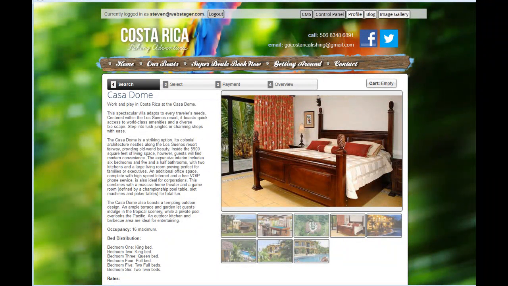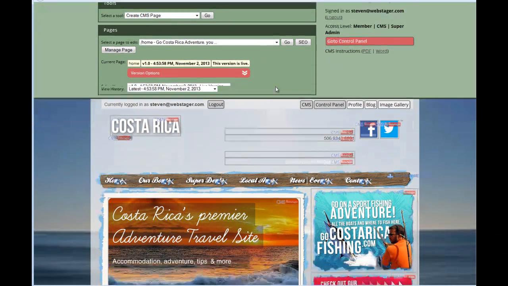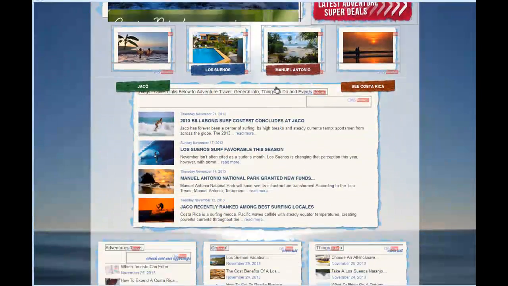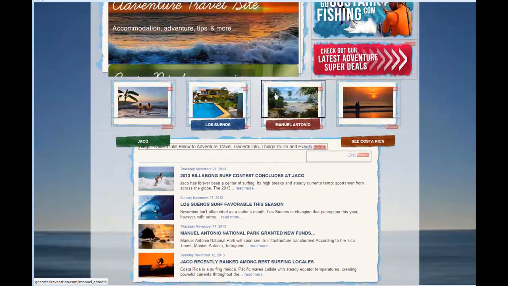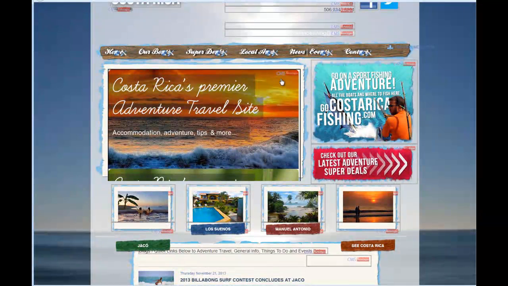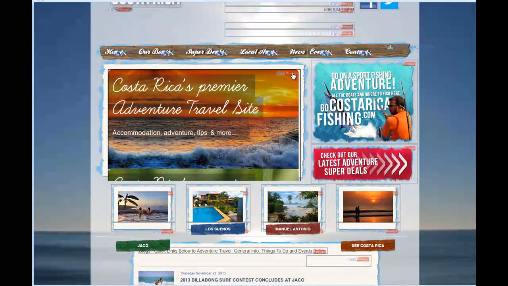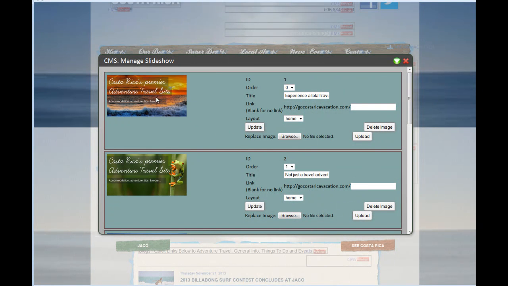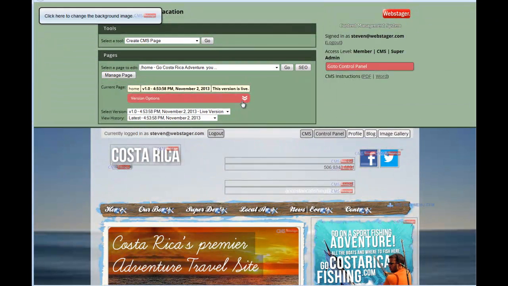What I really wanted to get into was how easy the administrative backend is to administer the site. We're right in the administrative backend right now, and any change we want to make, all we do is, say, if I wanted to change this picture in the slideshow, double click, and it would take me to the user area for the slideshow. And I'd simply browse, find something on my computer, put a link in, upload it, boom, it's done. And then I can schedule my pages for delivery